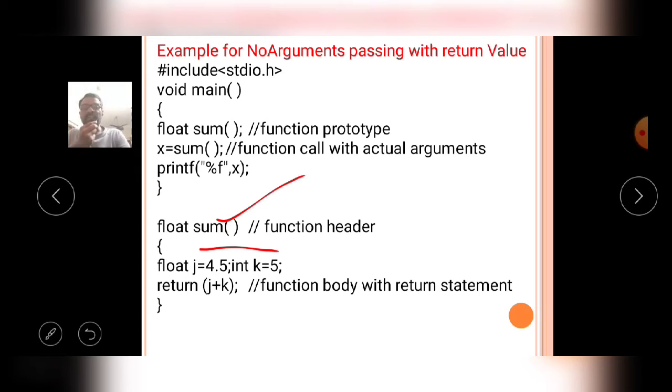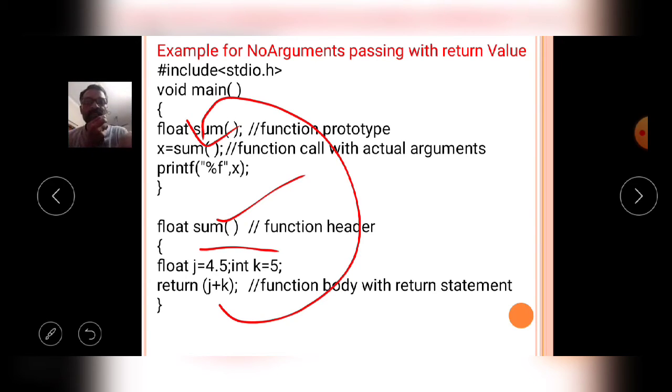The 9.5 value is returned. 9.5 is a float value. The float value 9.5 is returned from the user defined function sum to the caller function, that means the calling function, the main function.